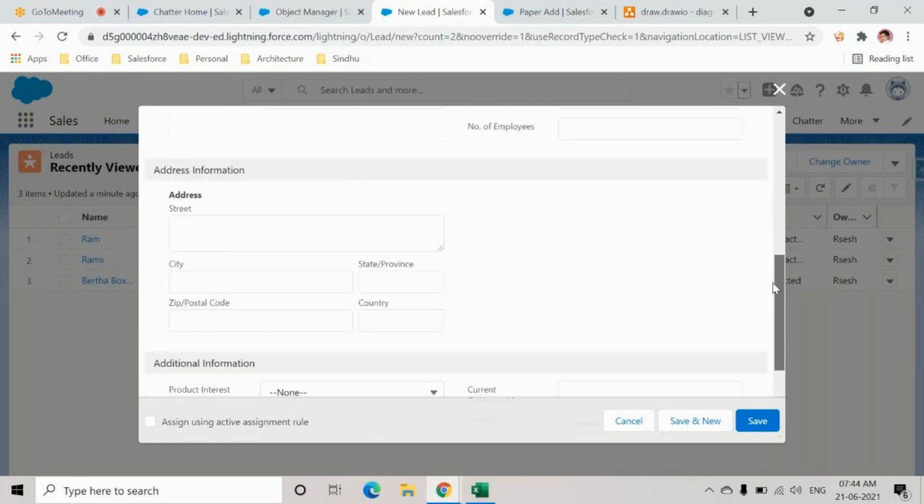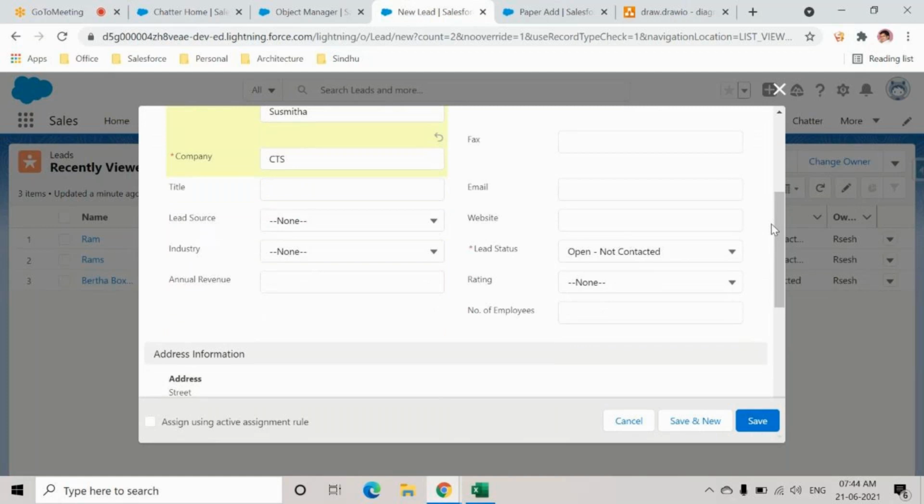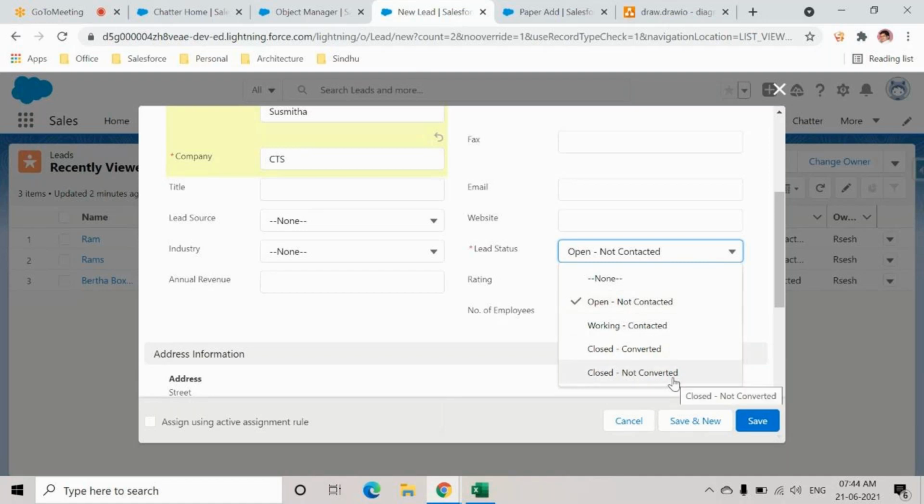And here there is one more field which says lead status. Lead status has four options. One is open not contacted, which basically is the first status when a lead record or an inquiry record is created. Let us say this is assigned to a particular person in my organization to handle, that person will change the status to working contacted. And let's say if Sushmita is interested in my product, then we'll say closed converted. Or if she says, okay, I'm not interested in your product at all, I want to go for something else in the market, then I'll say closed not converted, which means that I lost this inquiry. Okay, I'll say yes.